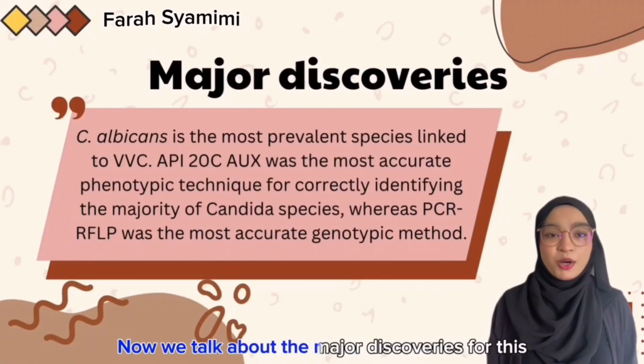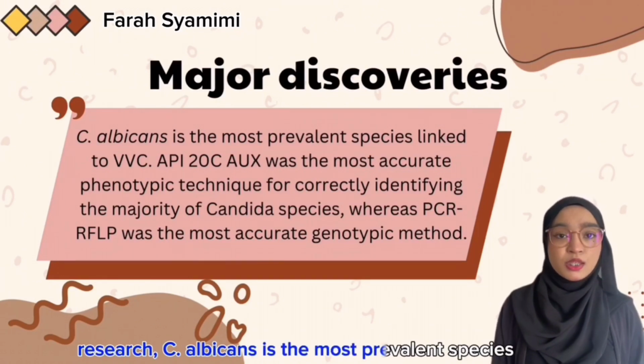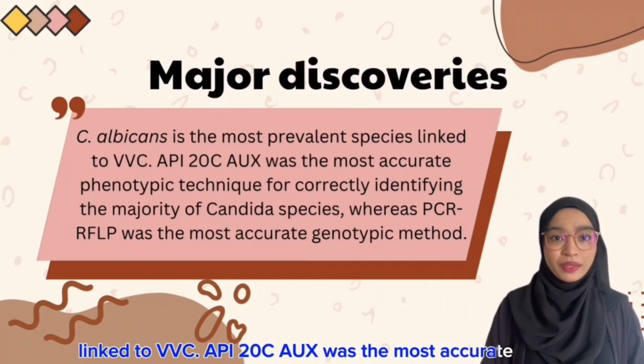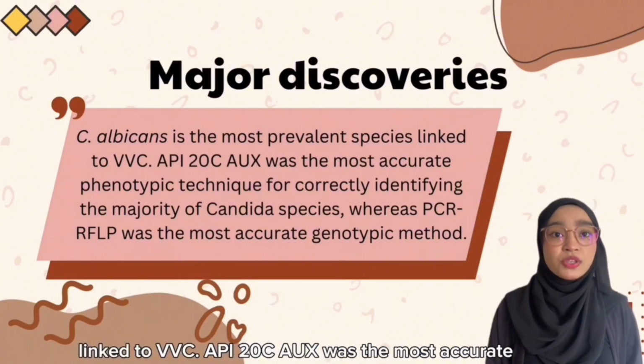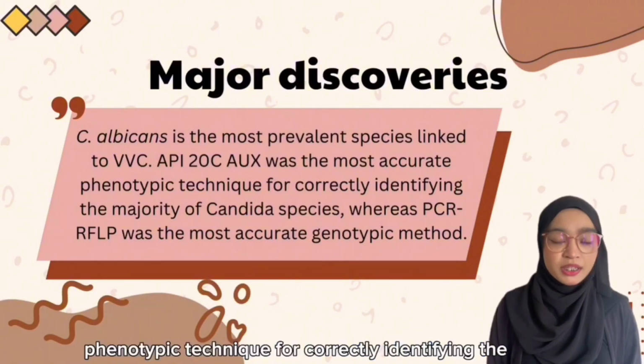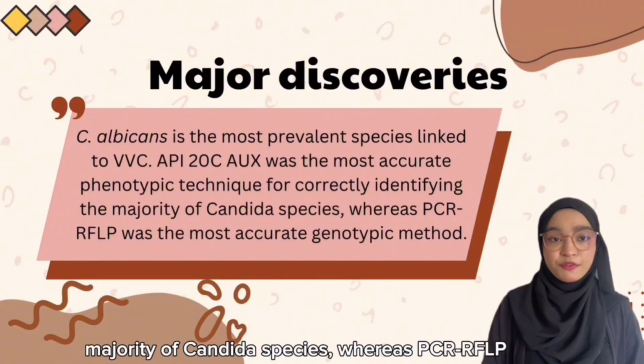Now we will talk about the major discovery for this research. Candida albicans is the most prevalent species linked to VVC. API20C AUX was the most accurate phenotypic technique for correctly identifying the majority of Candida species, whereas PCR-RFLP was the